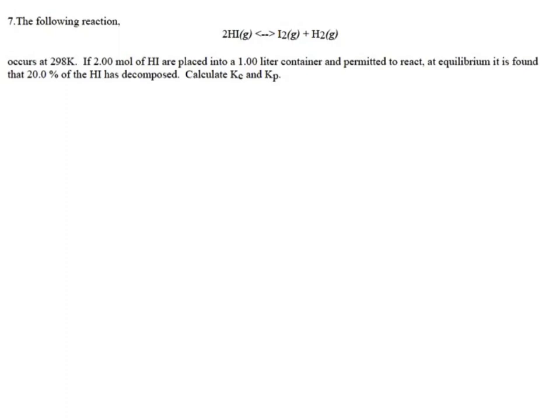The following reaction occurs at 298. If 2 moles of HI are placed in a 1 liter container and permitted to react at equilibrium, it is found that 20% of HI has decomposed. Calculate Kc and Kp. So, again, start out with your RICE,